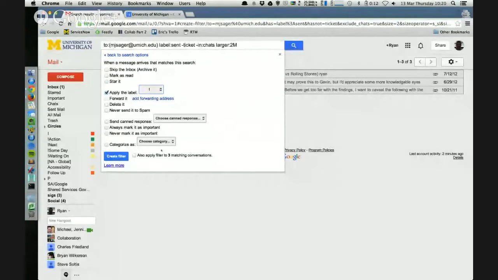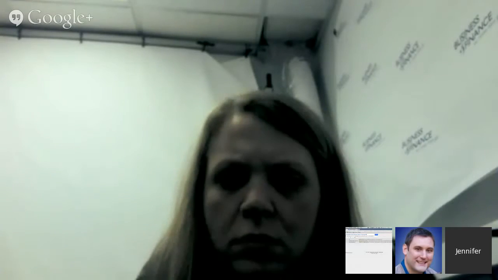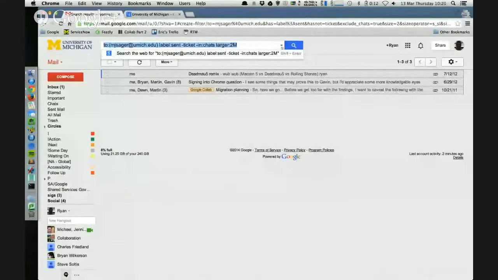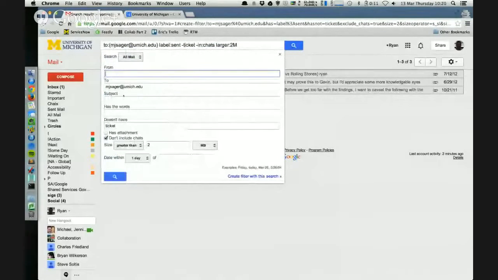Whole bunch of options here. You can kind of dig in. I'm not going to create a filter because that's kind of gross right now. A couple other things. There are actually search criteria that do not appear in this drop-down. So we looked at these search options here. There are actually way more things you type into the search bar to find items.